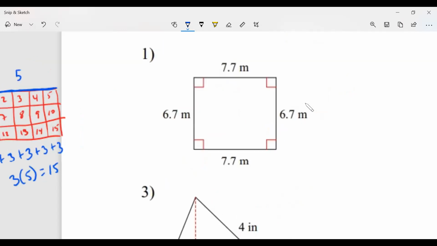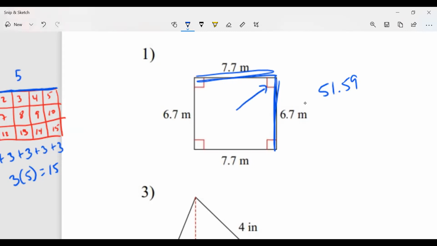So looking at question number 1, I look for a 90-degree angle. Got choices, right? There's 4 of them. It doesn't matter which one you choose. Just to choose one, I'm gonna choose this one on the top right. The two sides that make that angle are 7.7 and 6.7. So let me multiply that out. Use a calculator if necessary. So 7.7 times 6.7 gives me